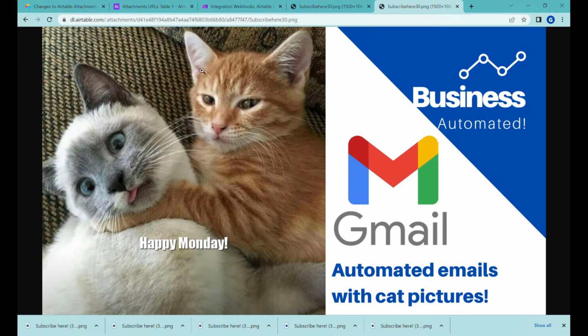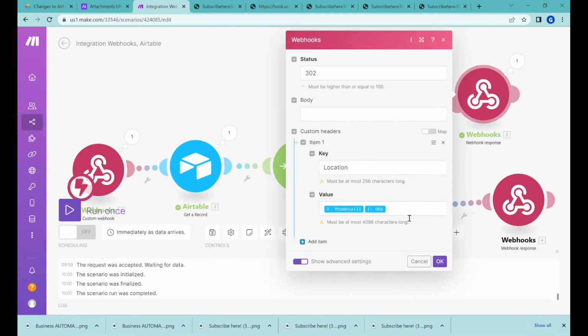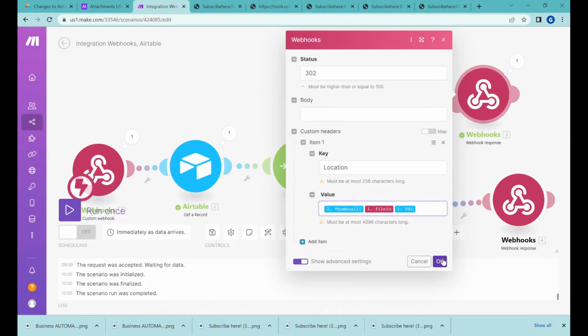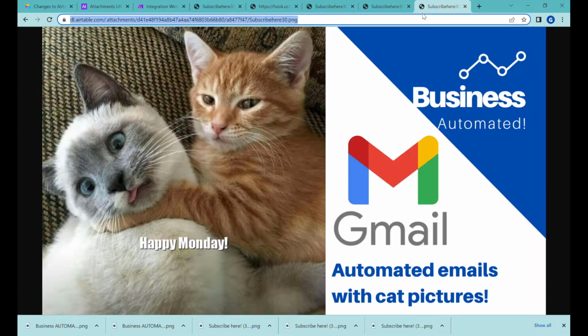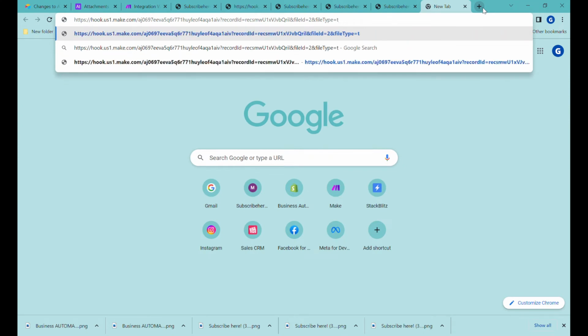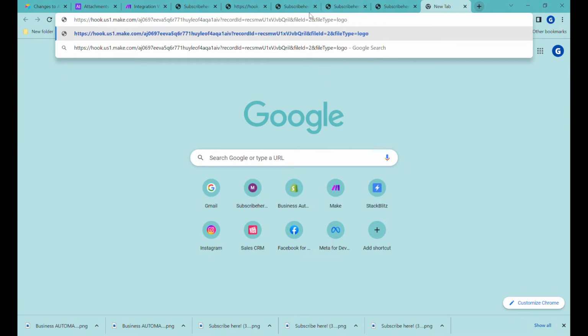Okay, so let's go back over here. You can see that we have received the file from the first branch following this route over here. By the way, we need to add the file ID over here. So if we would execute the URL and then we would type logo, it would follow the second route,